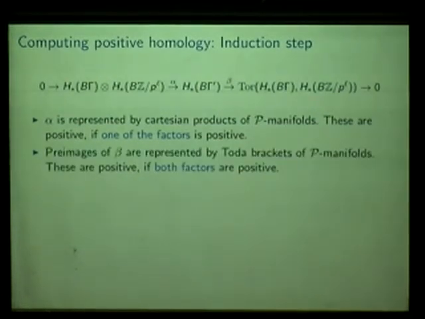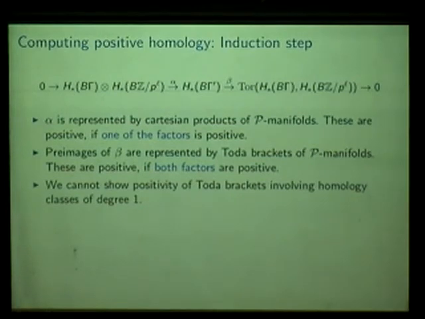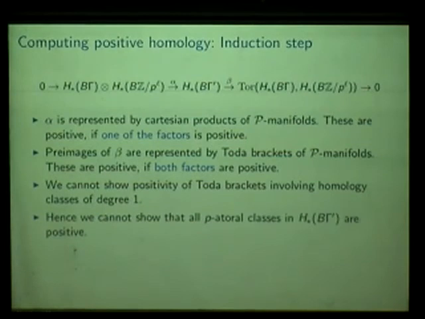But here we have a problem, namely here we just have positive scalar curvature if both factors are positive. And this is not the case if one factor has degree 1. Right, and these Toda brackets appear actually even for non-toral manifolds. So here we have a problem. So this is how far we get at this point. So we can show positivity for most classes, so to speak,